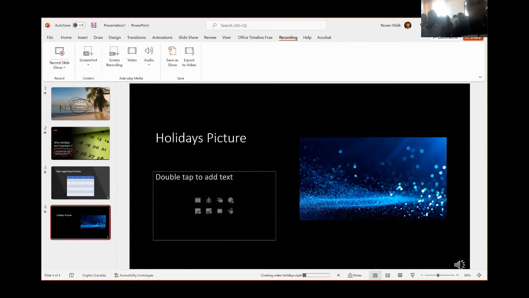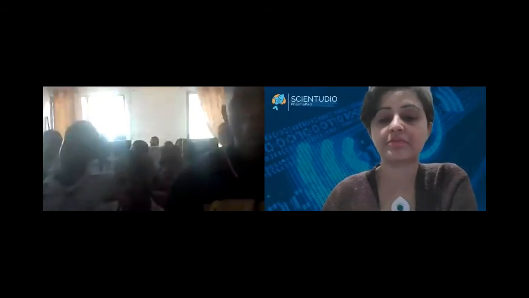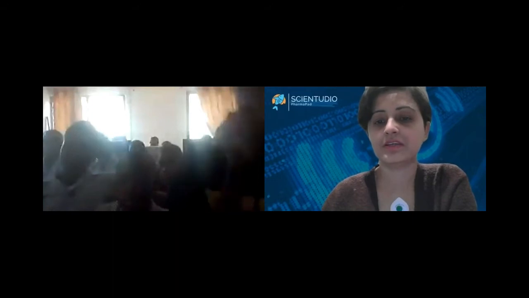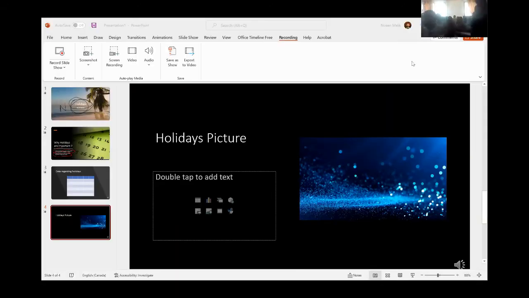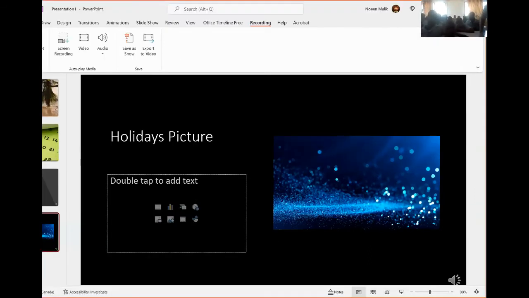Meanwhile, when it is loading, I will stop sharing my screen and I will pause. I will start recording again and let me share my screen with you. You can see the video is completely saved. You can see that the bar in the bottom ribbon is no longer there, right?